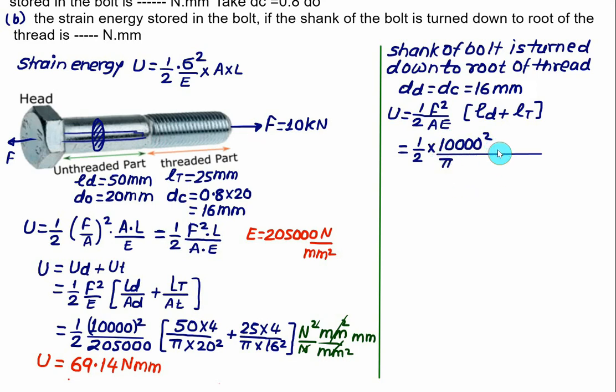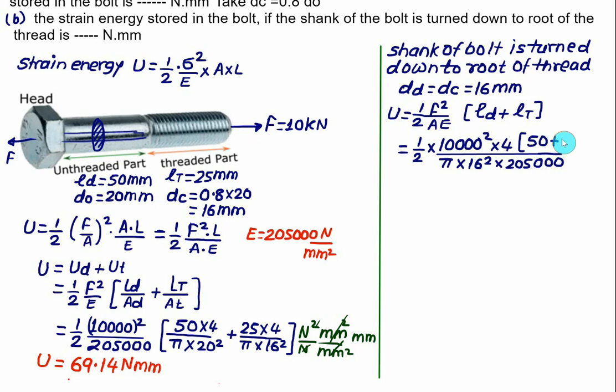So 4 will shift to the numerator. Both the unthreaded and the threaded part have a diameter equal to 16 mm. So multiplied by 16 square, and in the denominator Young's modulus, which is equal to 205,000, and in the numerator you have to take the sum of the unthreaded part plus the threaded part, that is 50